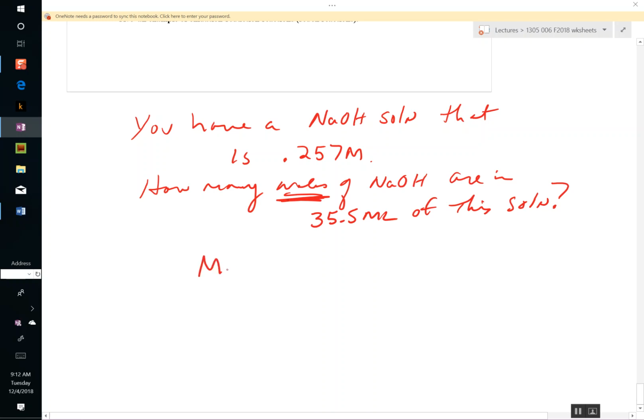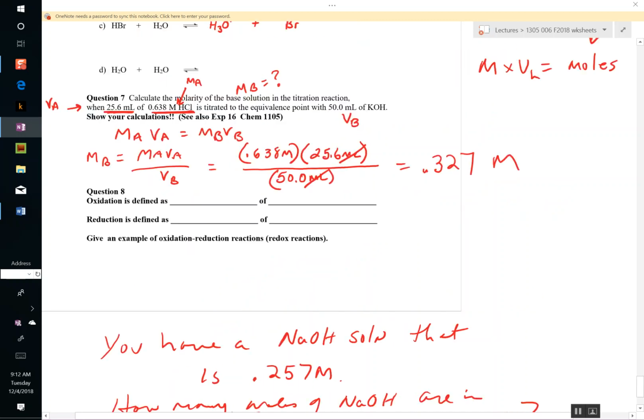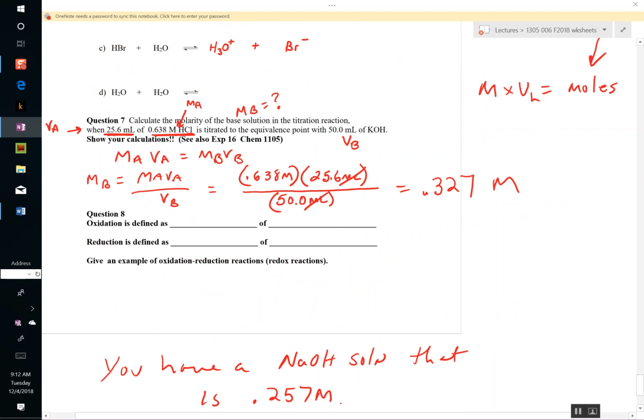And so the molarity is going to be times the volume in liters equals moles. So you have to take your molarity times, convert that, 35.5 milliliters, how many liters? 0.0355, and that's going to give you moles. All right, so if the question's ever asking you for moles, then you have to convert it to liters. But in titration problems,